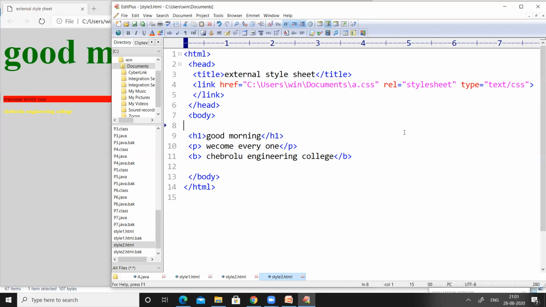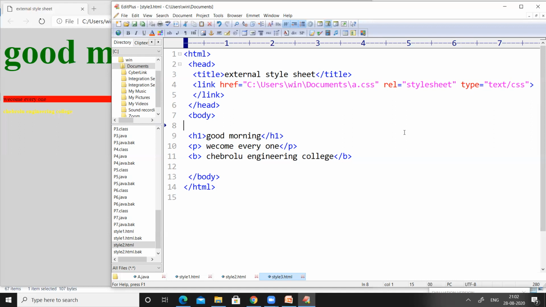For that link tag, we have to use 3 attributes: href, rel, and type. For href, we have to pass the complete path of the CSS file. For rel, we have to represent it as stylesheet. And for type, we have to pass the value text/css.